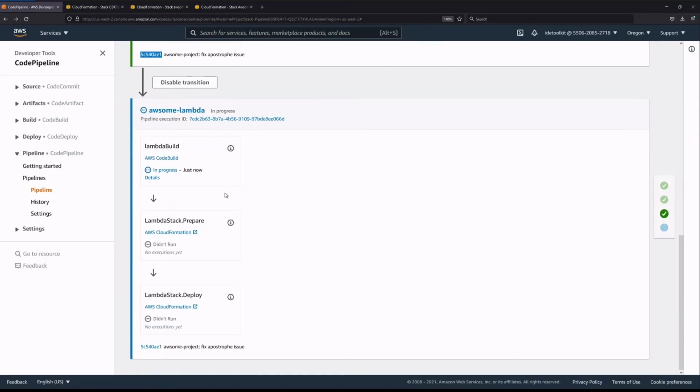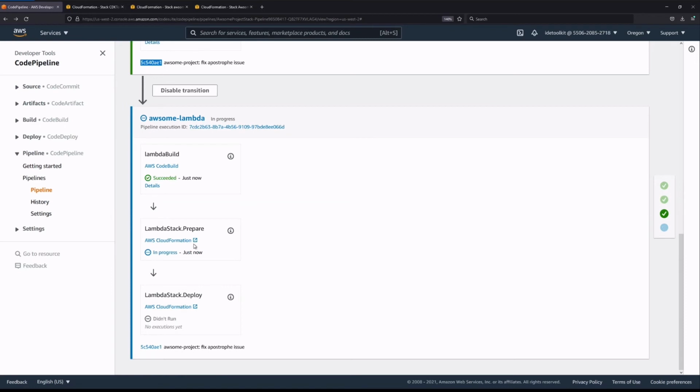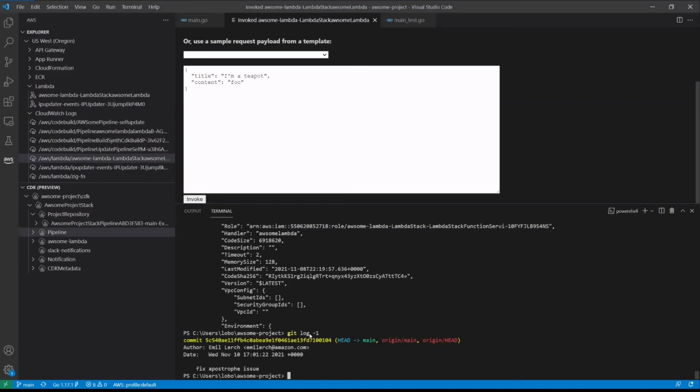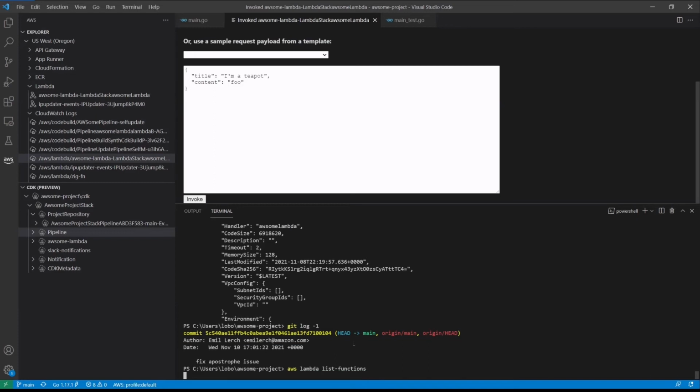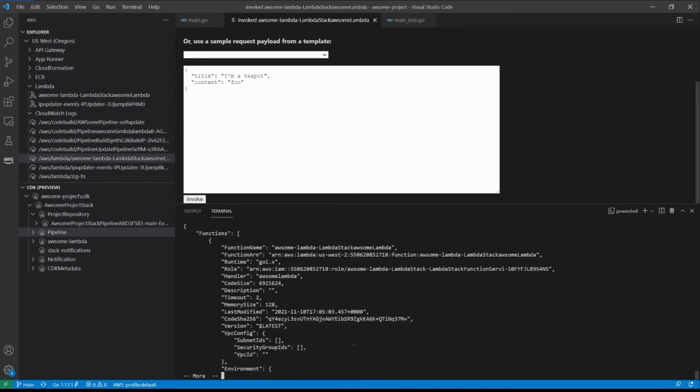Now it looks like we've proceeded a little bit further down. You can see our build has now succeeded. And then CloudFormation will be responsible for actually pushing out our Lambda function. We'll see our last modified date has actually changed.